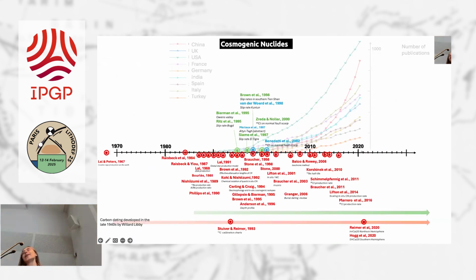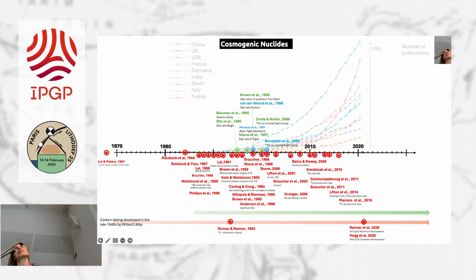Going back to the dating, so the cosmogenic dating. I put in this slide in red all the papers speaking about the methodology. You can see that since the 80s, there are many papers looking at the methodology, how to increase the use of cosmogenic dating. And in green and in blue, I also put the papers that are using this method